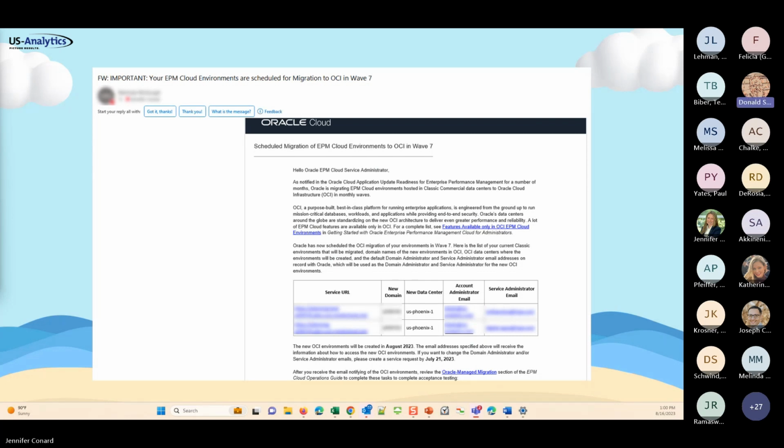After it's done, I do think the setup and identity management is a little bit new and confusing. If you're doing it yourself, updating your test pod and setting up your users, it can be a little bit clunky. For wave 5, we were supposed to have June and July to test, and we didn't get our new links until mid-June, so we had like a month and a half. So don't be alarmed if you get them later than anticipated. That's more than enough time, for the most part, depending on what you have, to get through all the testing. But we only got a month and a half. Wow. Okay.